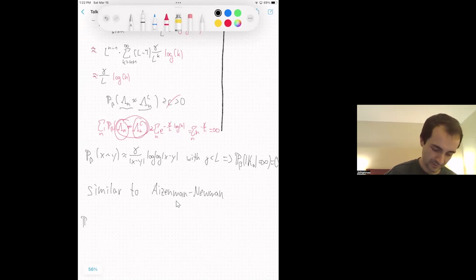So one can also show that this probability that 0 is in an infinite open cluster squared times the probability of a connection. So if this behaves like gamma divided by |x minus y| to the power 2 times the double logarithm of |x minus y|